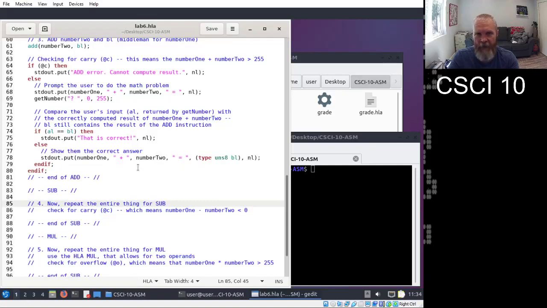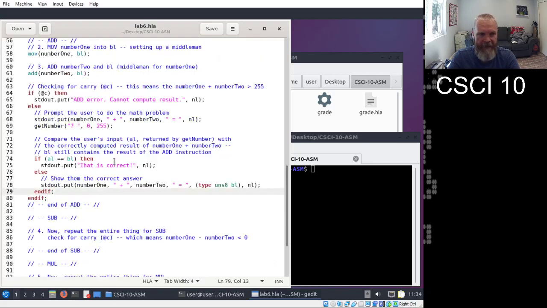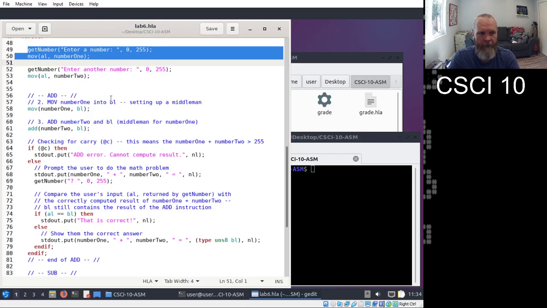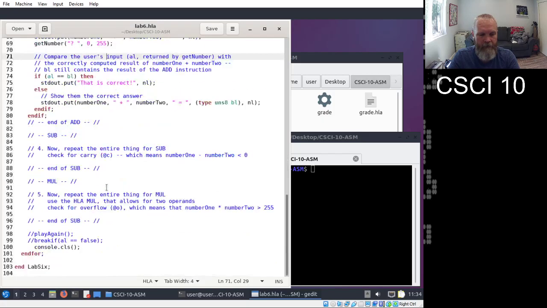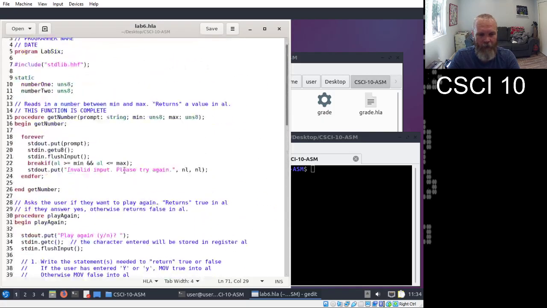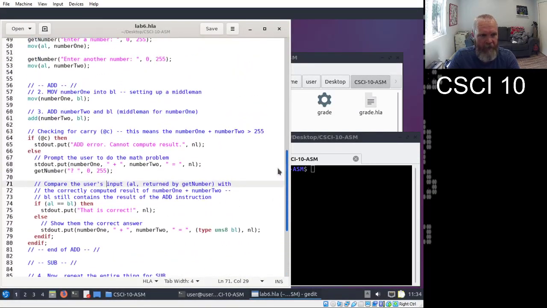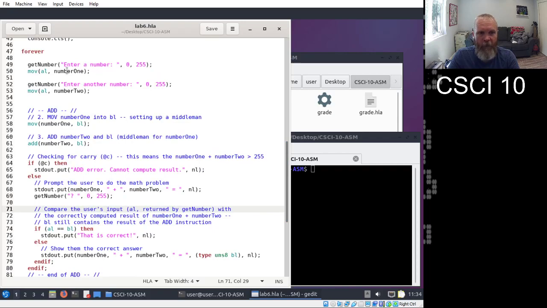So let's do some experiments real quick just so you can kind of get what I'm going for here. So we just did the add section and that's it. And so the program is going to have a for loop. So I'm going to have to use Control-C to kill it. That's fine. Sorry, I lost control of the scroll. Now the program is going to prompt for and read in a number, prompt for and read in another number.